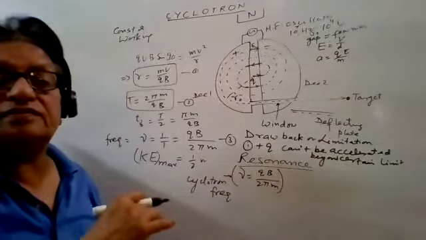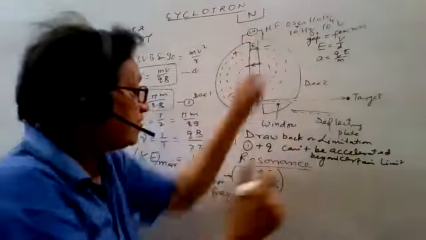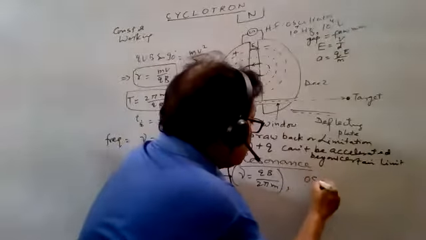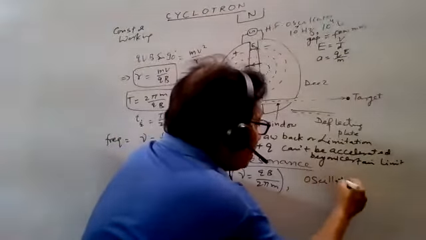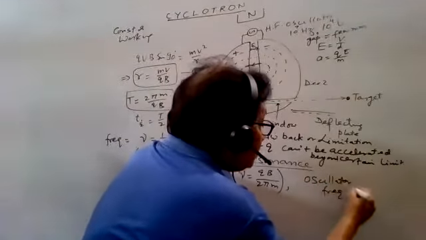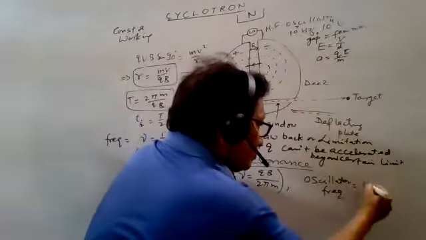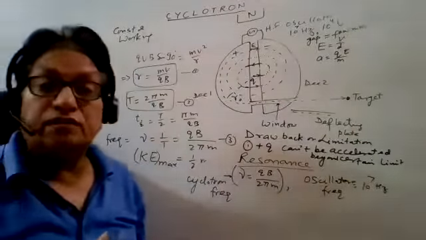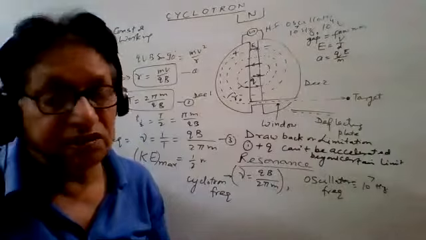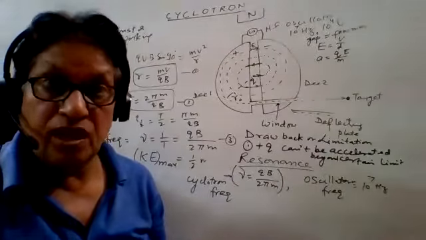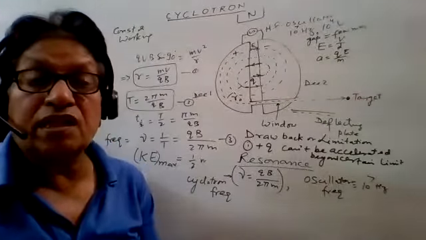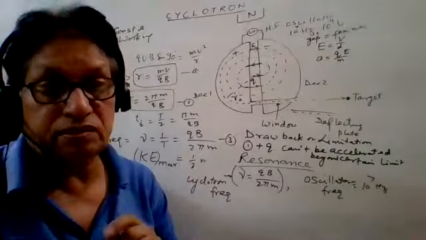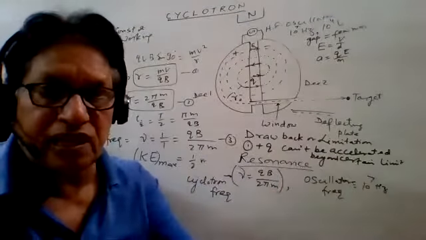This is the cyclotron frequency, and one more, the high frequency oscillator frequency. These two might be matched 100%, let us say approximately. If these two are matching, then there's no problem. But even if we have taken care 1000%, mismatching will still be there.